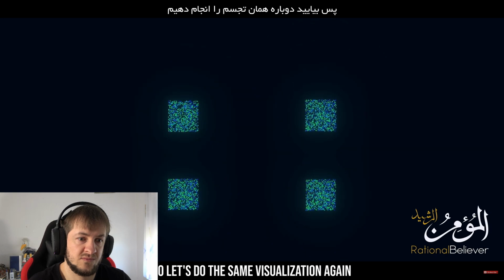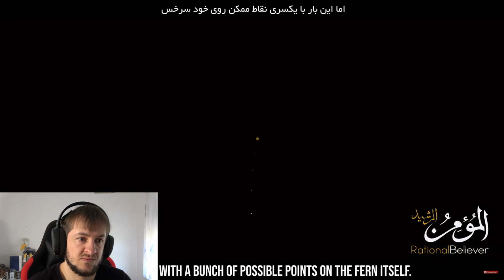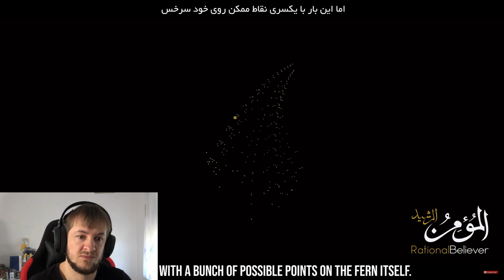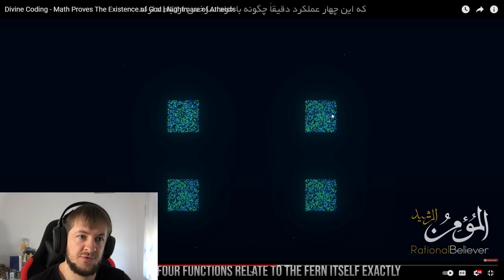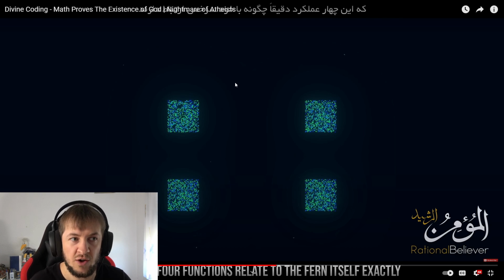So let's do the same visualization again, but this time with a bunch of possible points on the fern itself. You know what I think about how that works? So if you have many of those and they are not all the same shape, some go more to the right, some more to the left, some are a bit wider, some go more up, I think if you have enough of those, it creates some sort of image, like a leaf, like the fern, right?